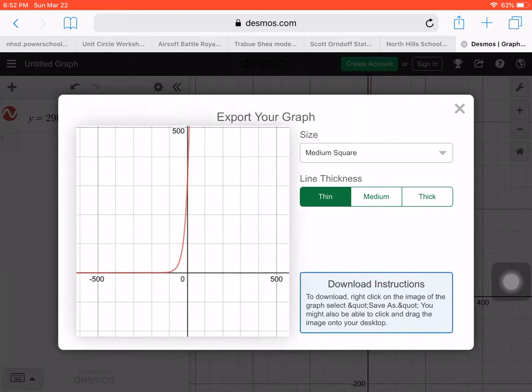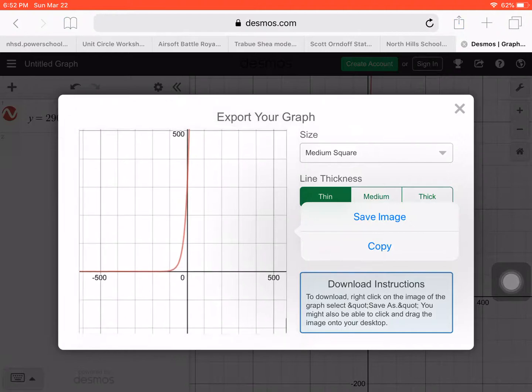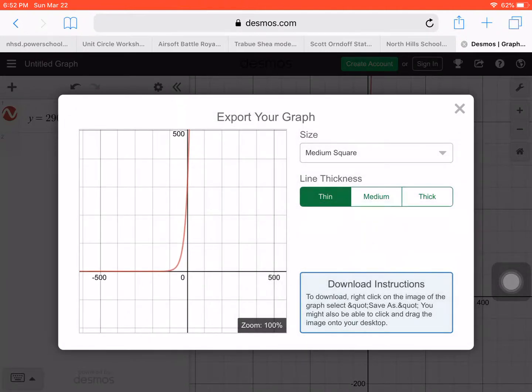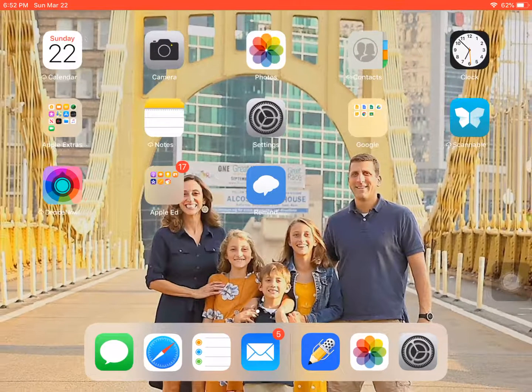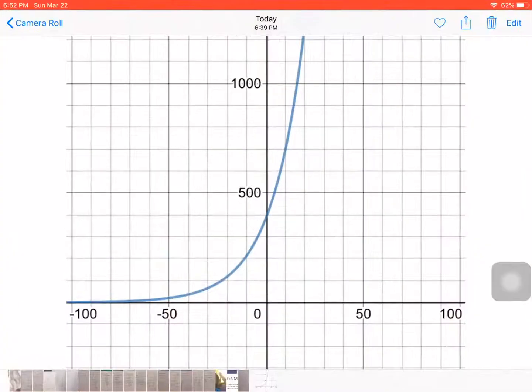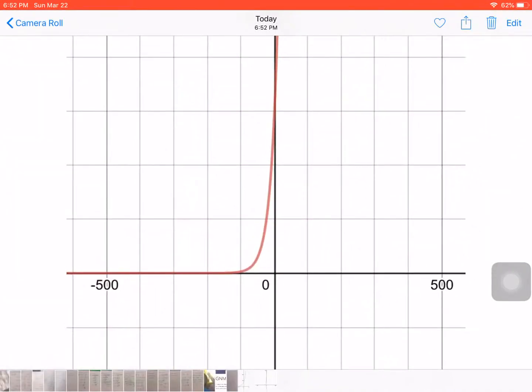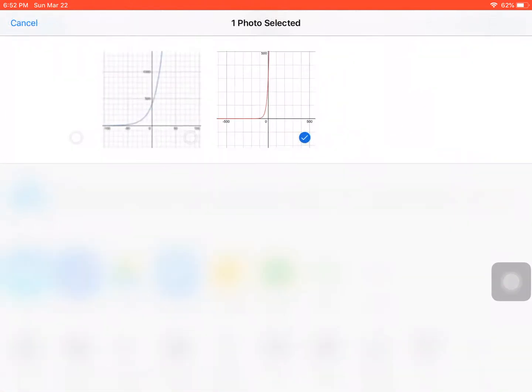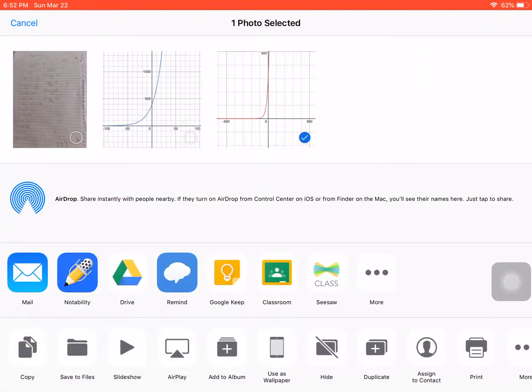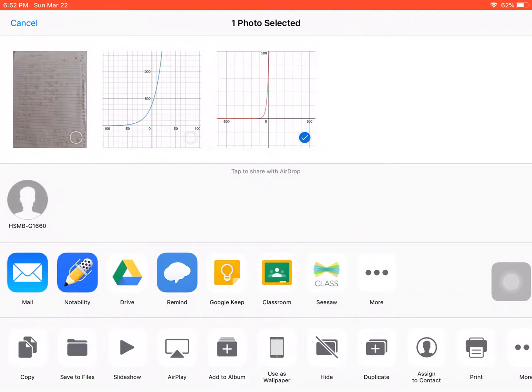So you're just going to put your finger on that graph and hold it, and then that Save Image button pops up there. And you can save that image, and then that image, you'll see, will appear in your photos. Ta-da! And then you could share that to your drive, or you could cut and paste, or you have a lot of options with what to do with that image from there. So I hope that